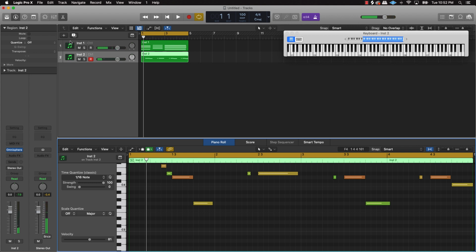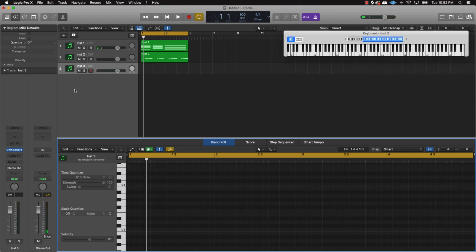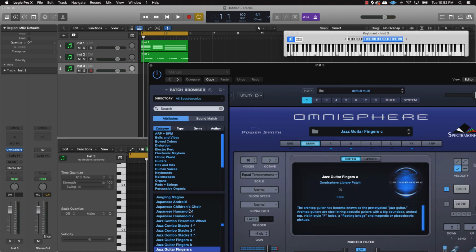And then what you can do is push Command D to double it, go back over here to Omnisphere, and select a different instrument just to add some more flavor. Let me see if I can find that other instrument we used before. Go back to guitars and